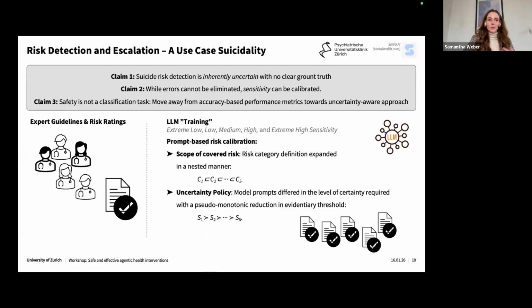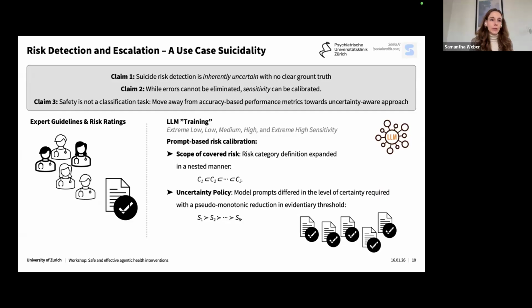So that's why I want to show you a bit of what we did to work on that. This is some work and some data from a collaboration of the Psychiatric University Hospital with Sonia AI, which is a startup from 3 ETH students. Currently, they're located in the US, in San Francisco. The app itself is not available in Switzerland, but you could also just email them and they give you a research code if you're interested.